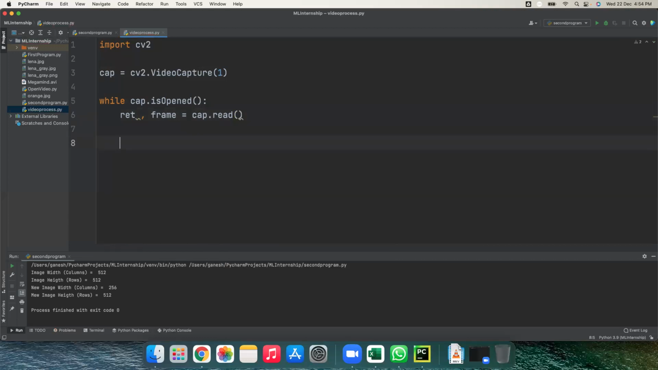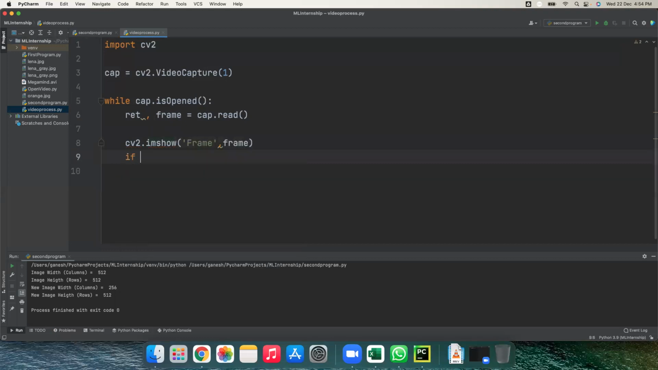Now we got the frame, let's show that frame. So cv2.imshow, and here the window name and then frame. The window name is just a name, so you can give any name, but the imshow function is present in cv2, that's why I use cv2.imshow. And yesterday we wrote one piece of code here: if cv2.waitKey(1). Always give 1 here, 0 doesn't work here,